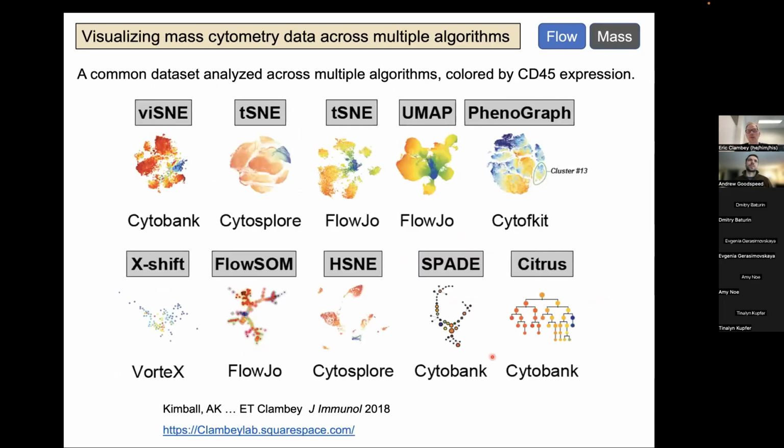And for instance, this is already an out-of-date example, but there are numerous different algorithms identified with the gray boxes. And interestingly, the data shown here is the exact same data set, okay? And so this simply exemplifies that different algorithms are visualizing the data differently. And you need to be conscious of what the different visualizations depict. And if you are interested in some examples of this, I would strongly encourage you to look at this paper that Abby Kimball and my group previously published, which walks you through some of the data visualization and considerations for these algorithms.